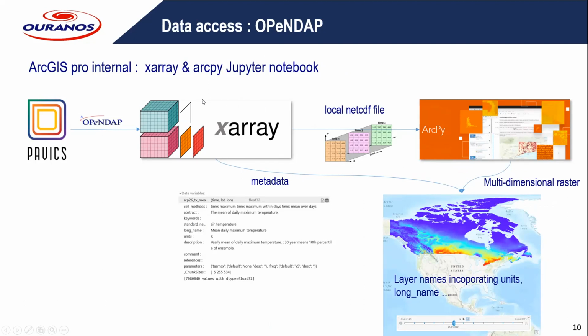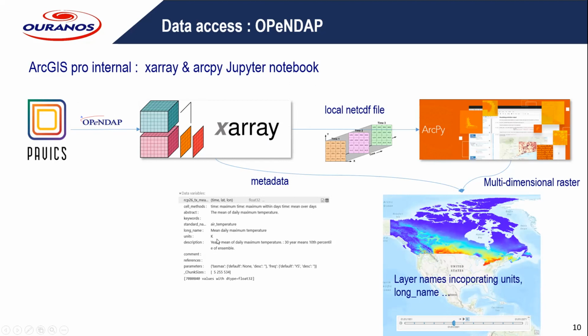And Xarray just happens to be one of the core libraries within the PAVX tools as well. So that was kind of interesting, something we were familiar with on the climate side that we could maybe use to help us along. The overall flow would be to access this OpenDAP URL using Xarray, and that permits us